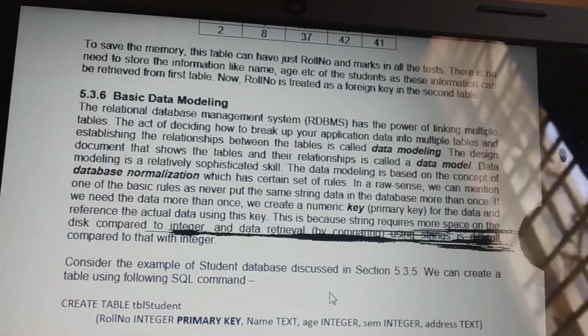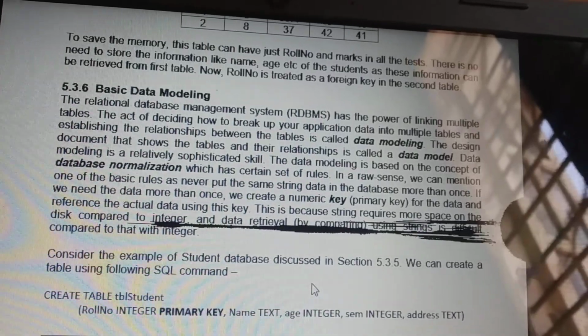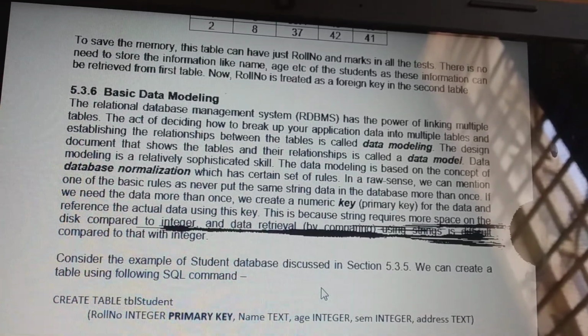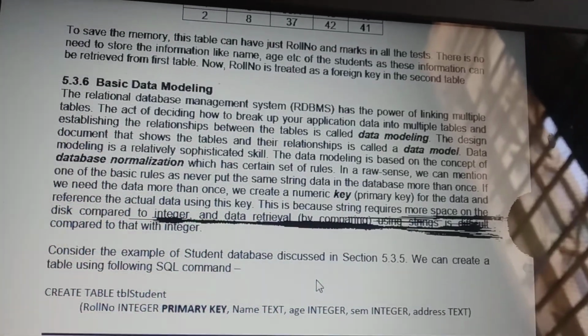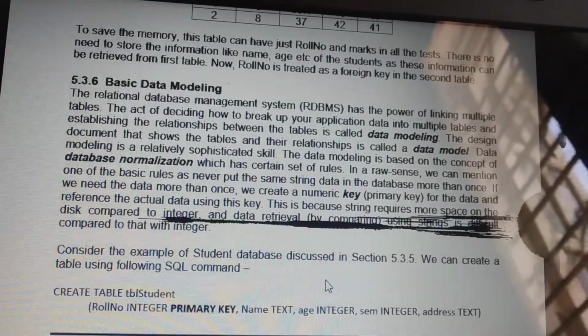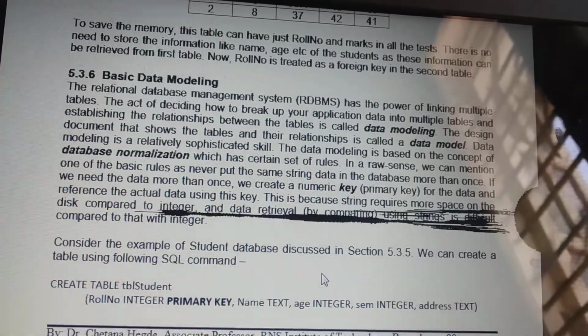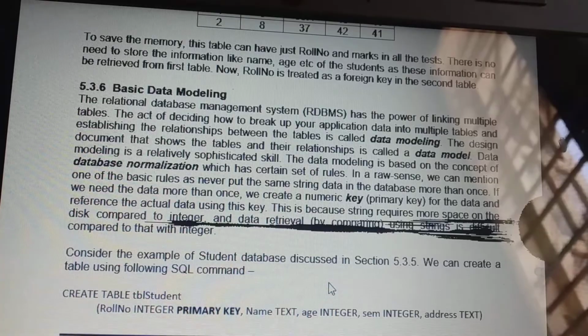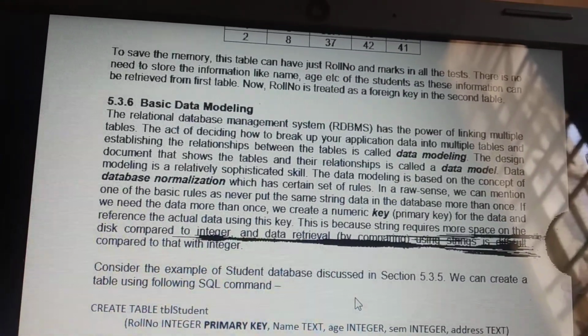Next, if we need the data more than once, what we need to do is create a numeric key. As I told you in the above example, that is the primary key. So once you have to use the same table more than once, you can make use of the primary key. No need to copy each and every table each and every time.